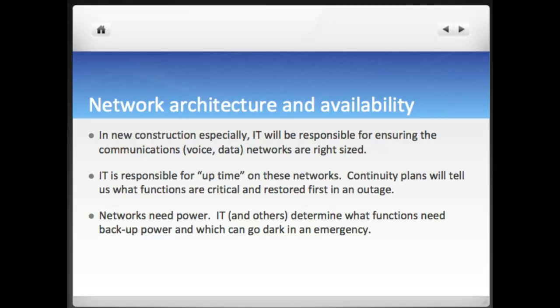Countywide power outages are not uncommon. Big storms hit everywhere. You're sharing the availability of diesel fuel with other people. So you want to conserve what you have and make it last. So you determine what power comes on and what power doesn't. And IT normally makes those determinations too when it comes to the operation of networks and the availability of things. So I want you to think about some of those and think about some of the shared risks and some of the shared mitigations along those lines, and we'll talk about a few.